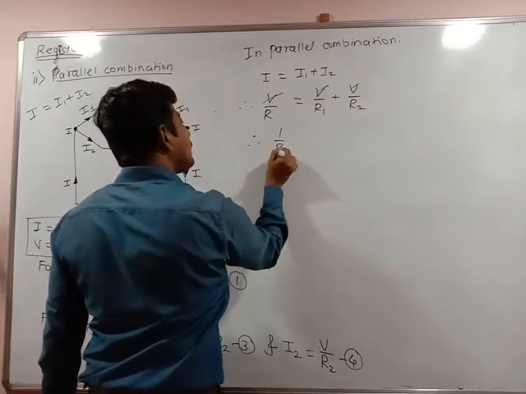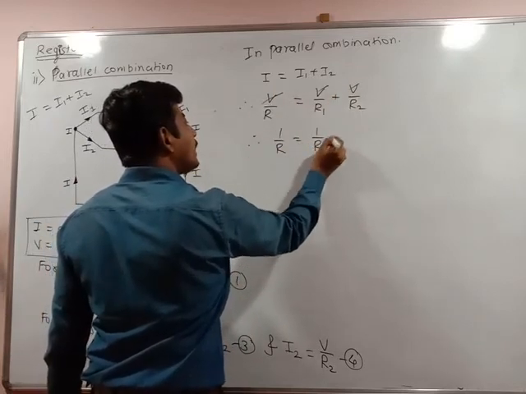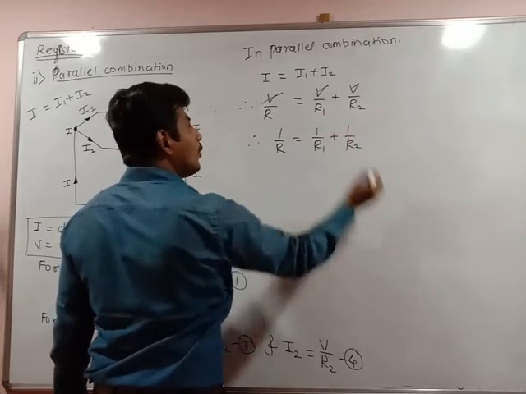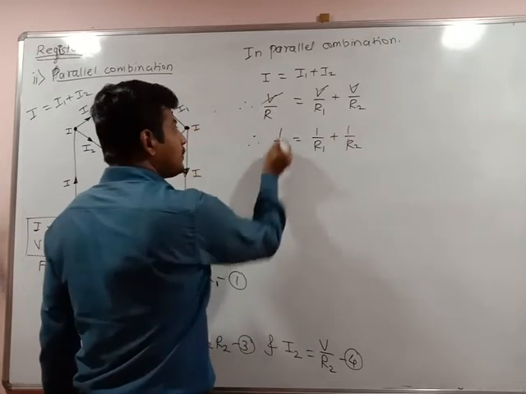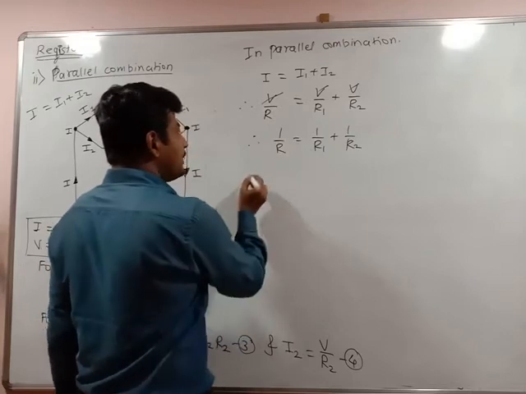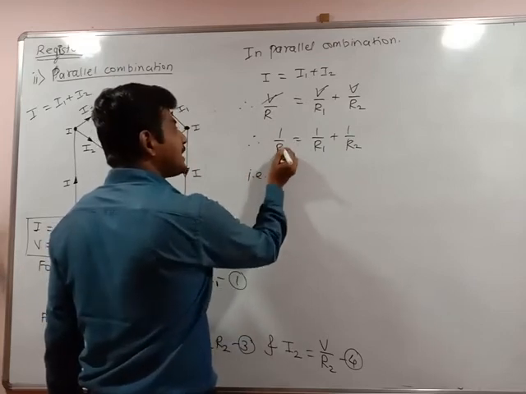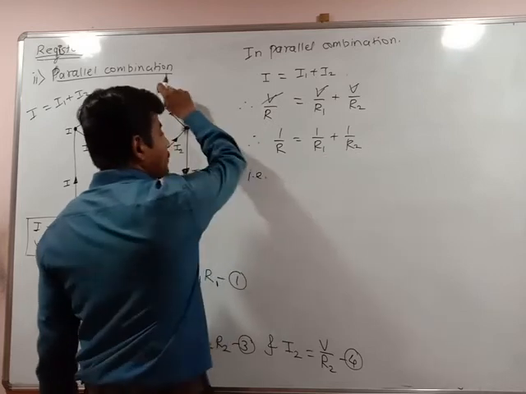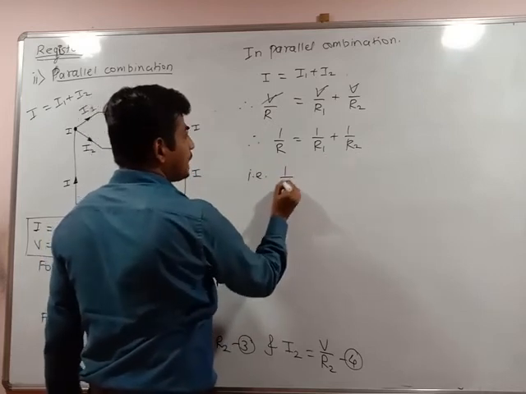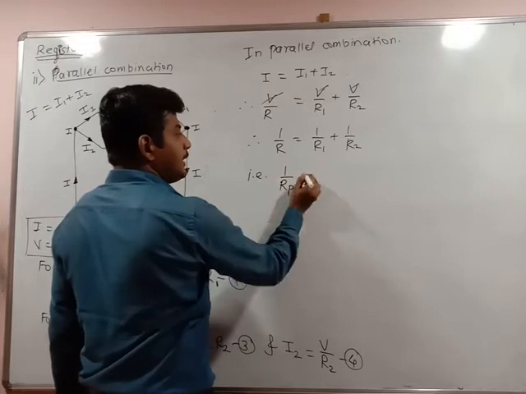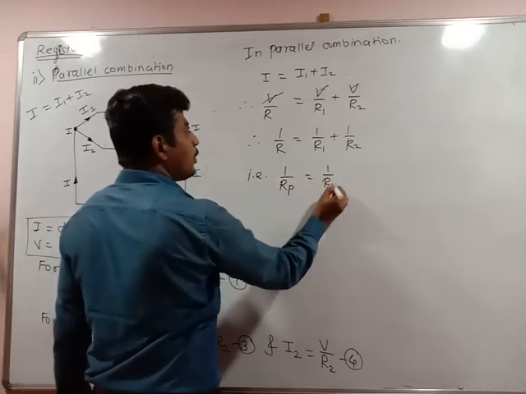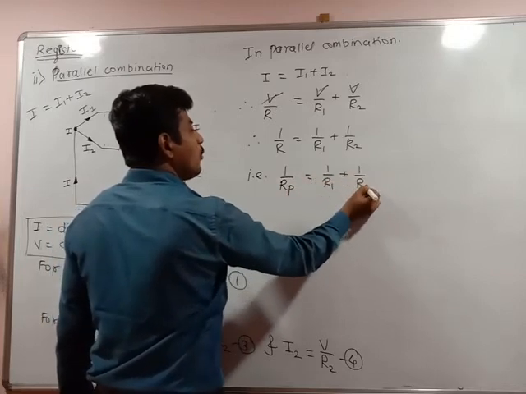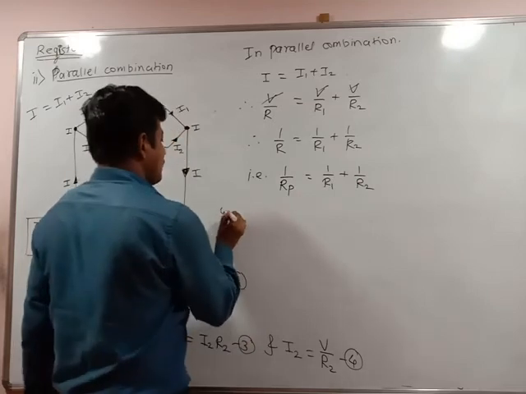Therefore, 1 upon R is equal to 1 upon R1 plus 1 upon R2. So whatever this equivalent resistance in parallel combination, I can write these as equivalent resistors. Why is it equivalent? Because it is the addition of two resistors R1 and R2. So 1 upon Rp is equal to 1 upon R1 plus 1 upon R2, where